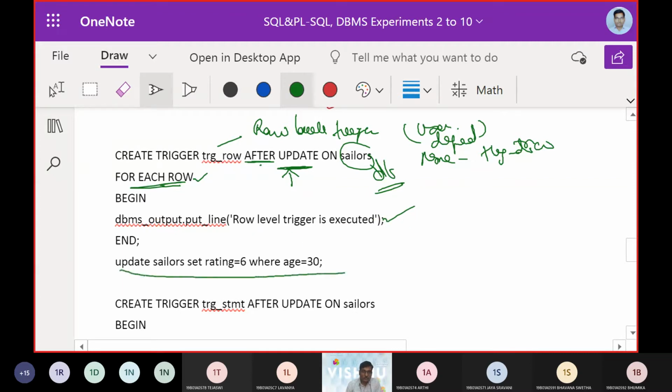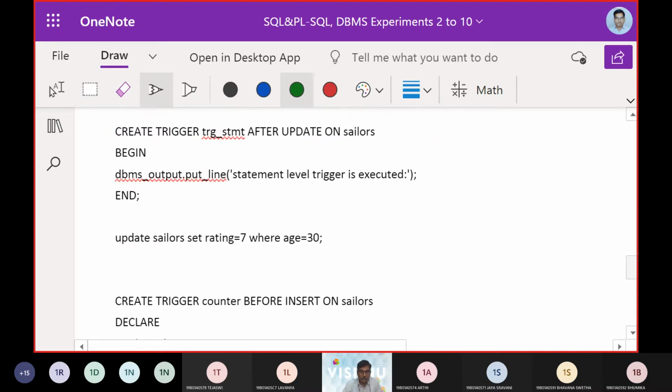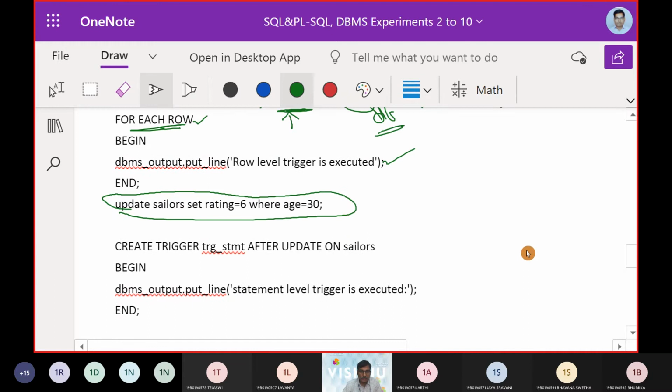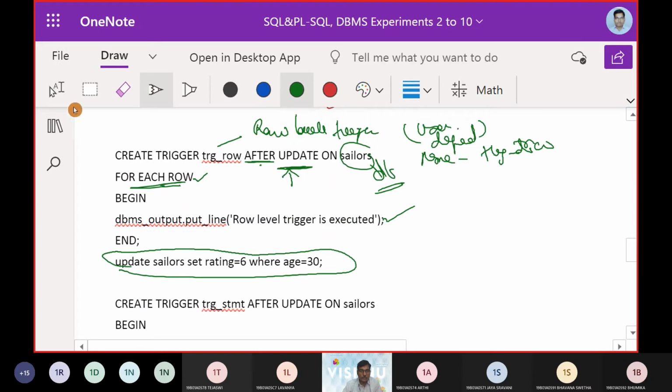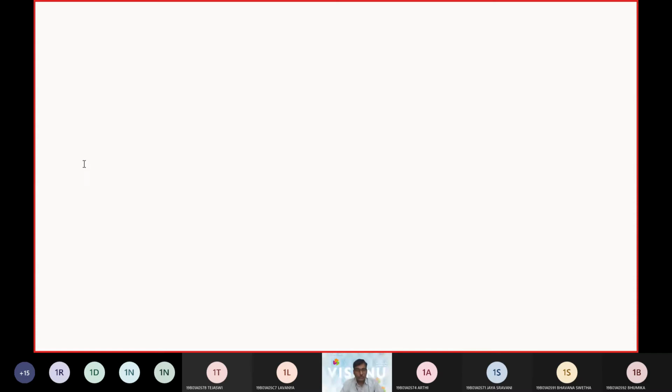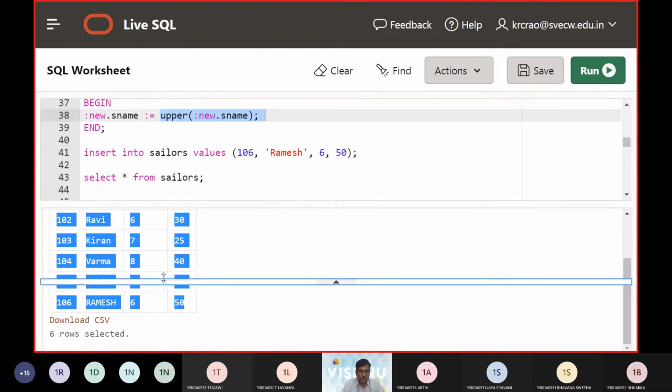Now after that we can see the update command, and we are going to set this. So let us check what will happen if this update operation is prompted. Let us switch to the SQL part here.